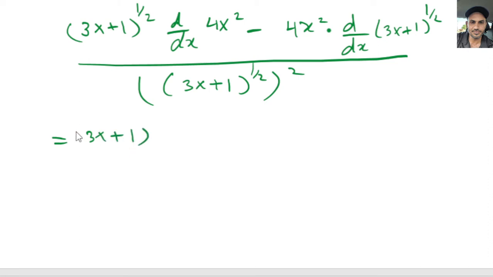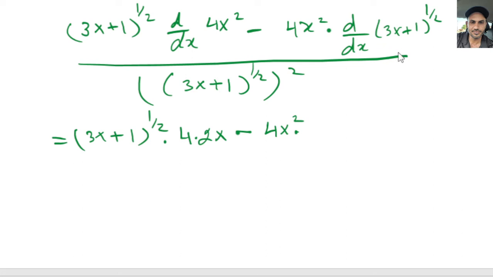So 3x plus 1 to the 1/2 stays like that. And the derivative of 4x squared is going to be just 4 times the derivative of x squared, which is 2x. Okay, so we are applying the constant property of derivative, where we have a constant multiplying a function. We pull it out of the derivative, and then take the derivative of just the variable term, and minus 4x squared